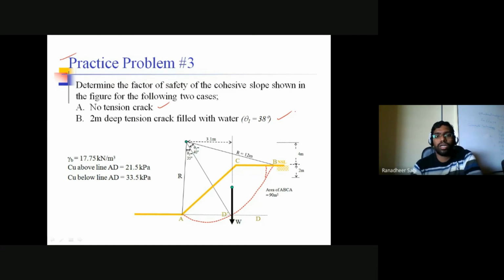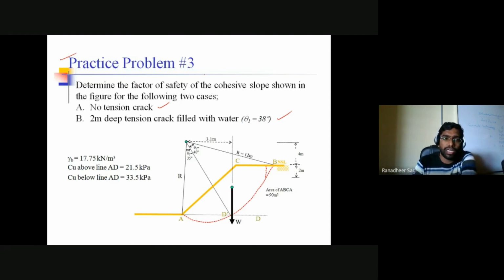Okay. So let's quickly go back to the case we have talked about, your finite slope analysis based on your Swedish circle method, in which you had this fundamental discussion which we have come across. So with no tension crack, I repeat, with no tension crack, where only C value is existing for the finite slope, phi value is equal to 0, what was our expression for factor of safety?